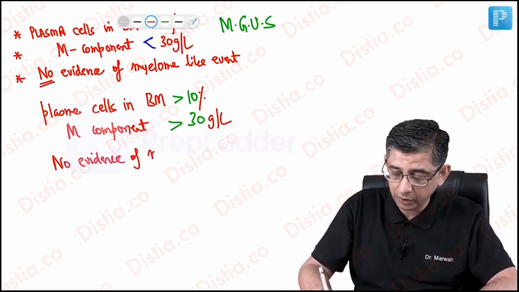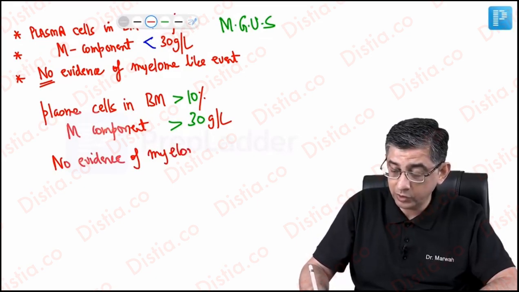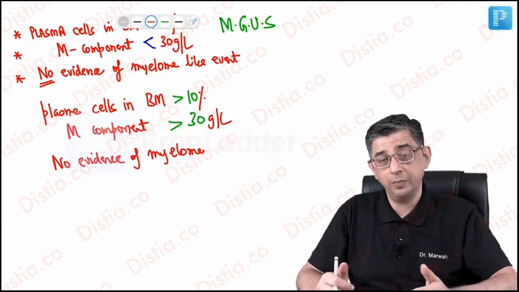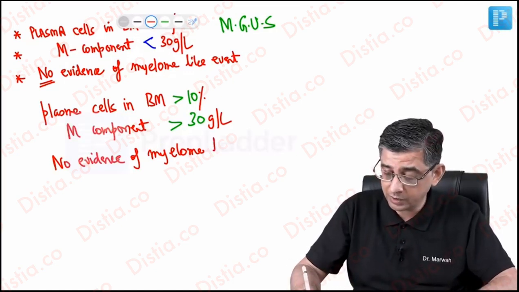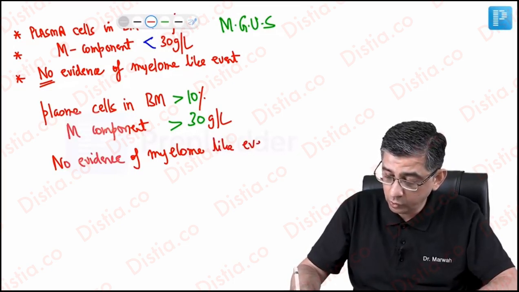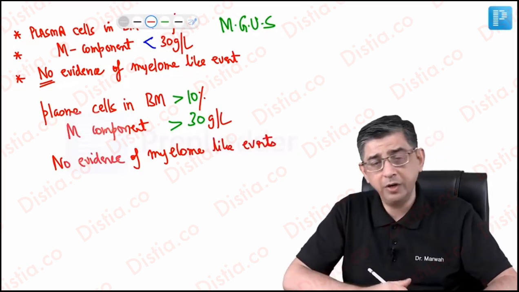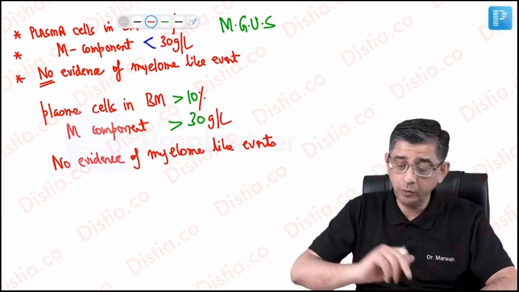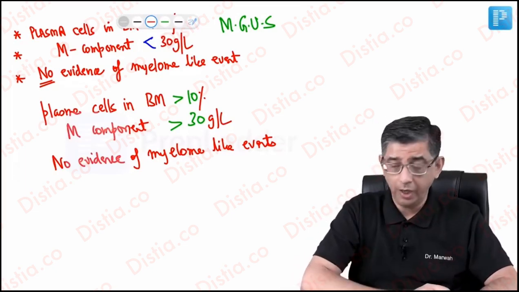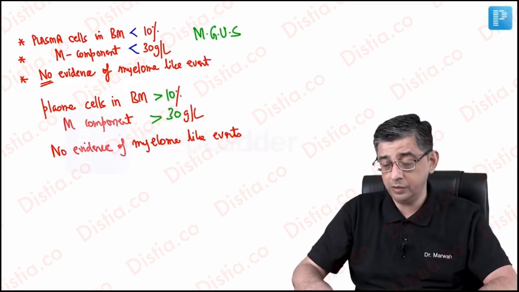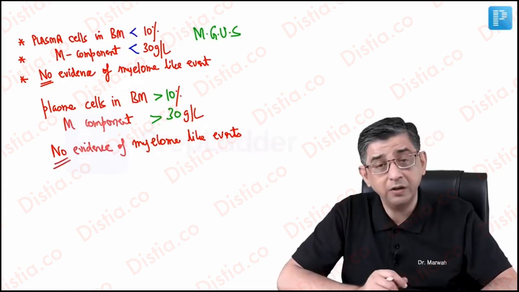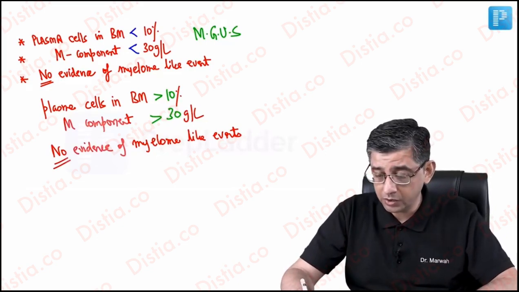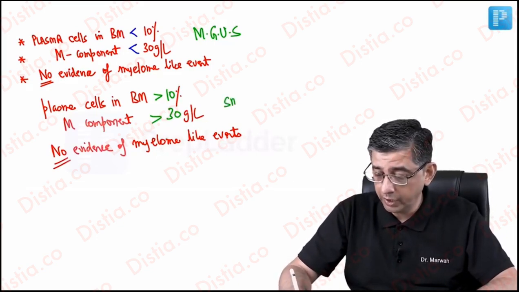Now you will say, sir, what is the point of writing all this down? Because writing this information down will improve your retention capacity to be able to answer questions. If there is no myeloma-defining event, then I cannot say multiple myeloma. Only two criteria are being satisfied. Plasma cells in the bone marrow are more than 10%. The M component is definitely increased, but not even a single one of the CRAB features is present. So your diagnosis would be smoldering myeloma.